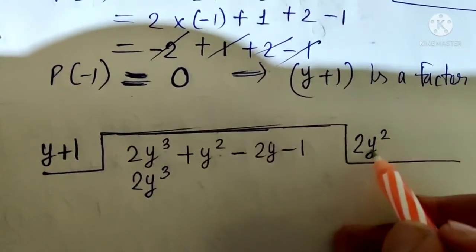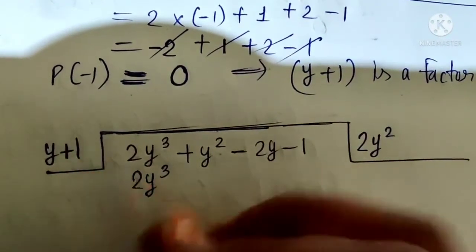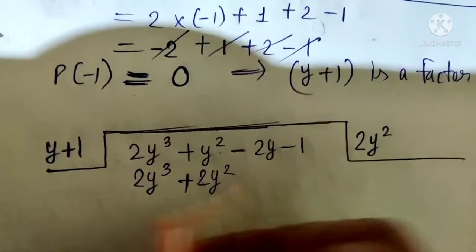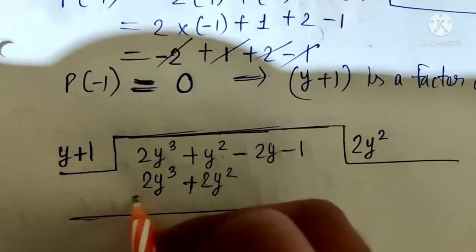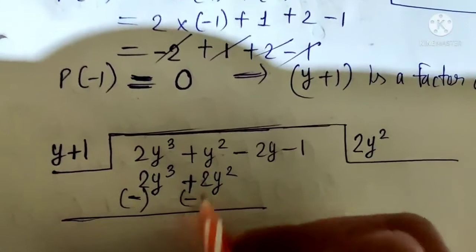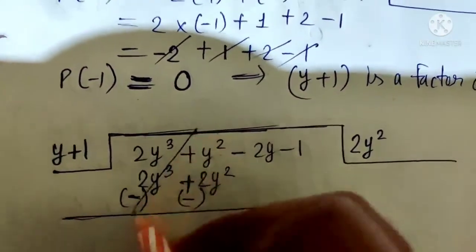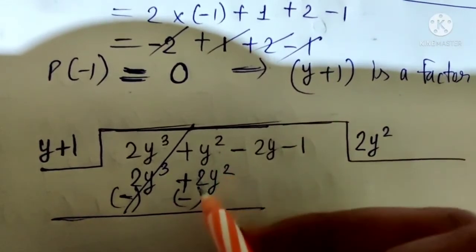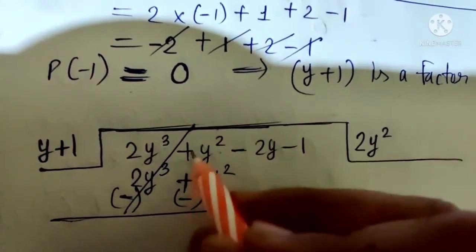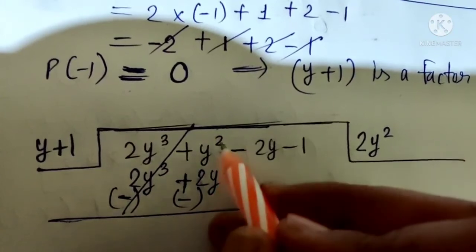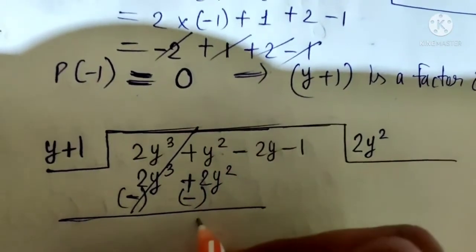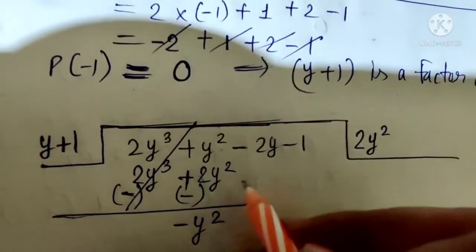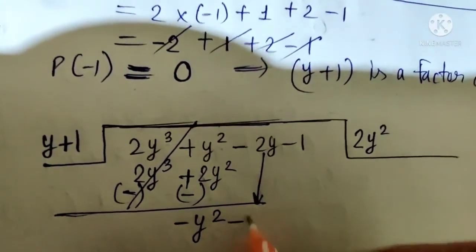Okay. Then this 2y square multiplies this 1 also, plus 1. So plus 1 into 2y square means 2y square. So how much will be left? The sign will change. It will become minus, and plus will also become minus. So 2y cube cuts from 2y cube. How much is left? Y square, and it is minus 2y square. Both are the same term. So from y square we have to subtract 2y square. So how much is left? Only y square. But which sign? Minus sign. So I have to put the minus sign. Then this I have to write downside, that is minus 2y.